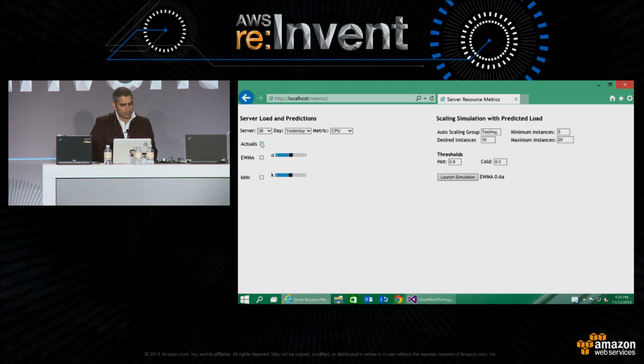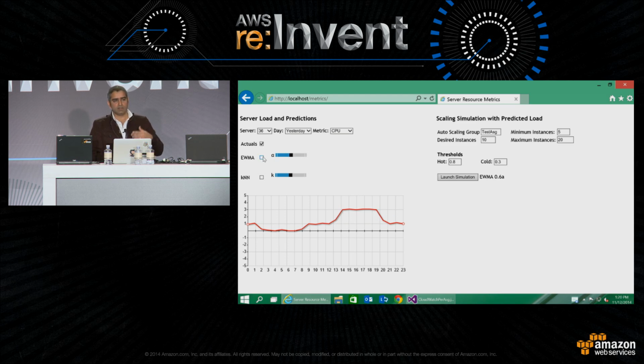Okay, so let's take the actual numbers for the 24-hour period. As you can see, the CPU for this server started at 1%. It didn't get used much, and then it spiked a little bit, but even the spike is just 3 or 4%. You can see when I'm reducing the value of the coefficient, I'm considering more values for my average, but the errors are increasing. This is the median error, the mean squared error and the standard error of estimation, and they are pretty high, right? So you can actually see where you strike the balance.